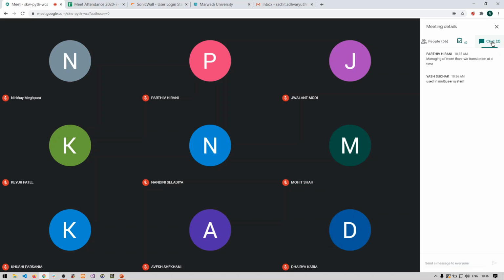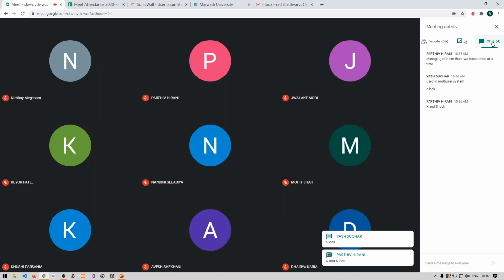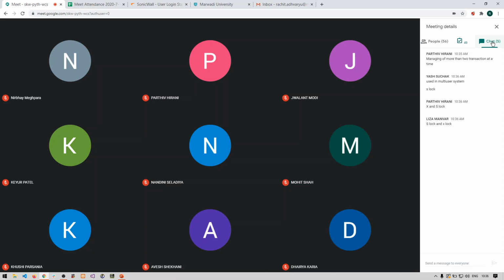What are the two different types of locks used in concurrency control? Two different types of locks that we use to manage the concurrent execution of transactions: S lock and X lock. S lock is for reading, that is shared lock. You can only read or access the data. X lock means you can read as well as write. That means you can access as well as modify the data or database, right? Great, it's good if you are able to remember and recall all these things.